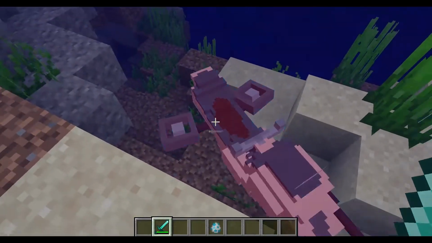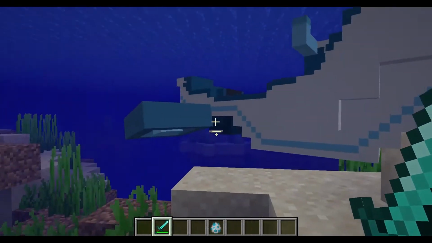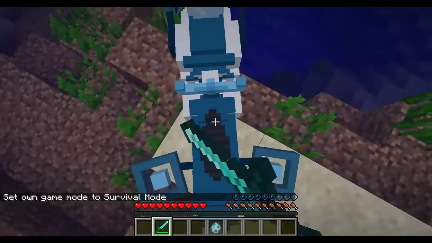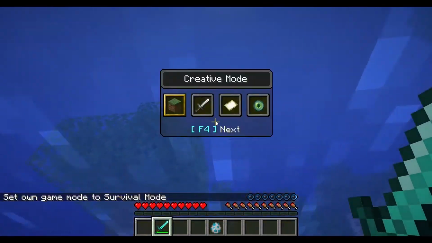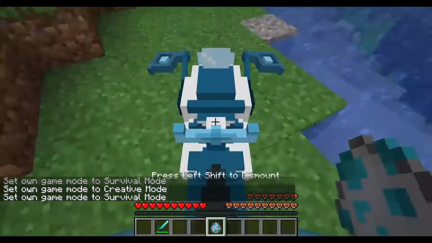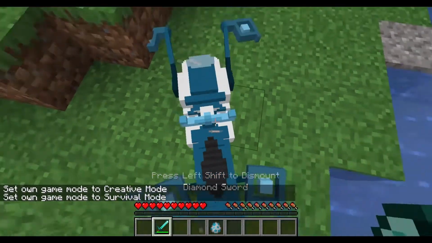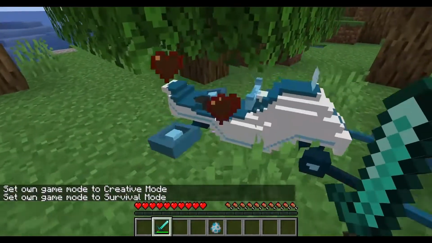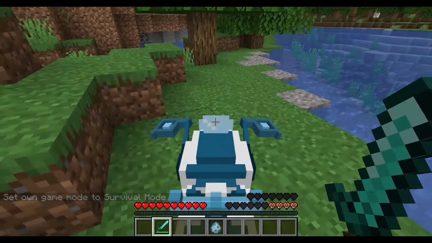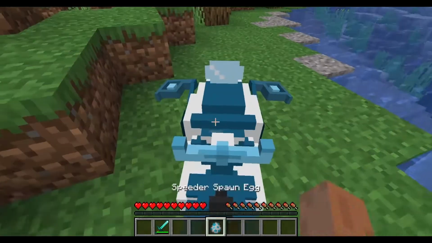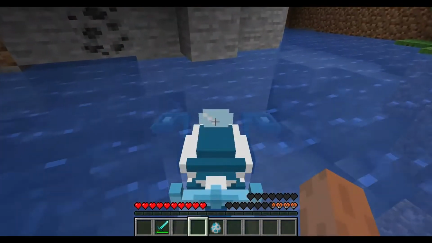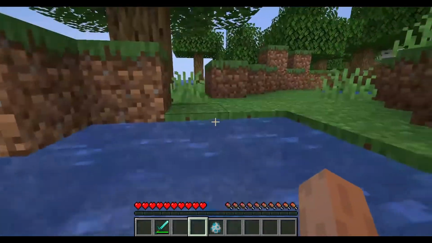Oh yeah, it does kick you off, and so you can just kill it. And if we go into survival mode, we can see the health on it. See the little hearts down there. And if you damage it a little bit, you can go back on it. You can see the hearts have been damaged a bit. And then it has 4 hearts left, so if we just punch it, it actually still did some damage. But yeah. So